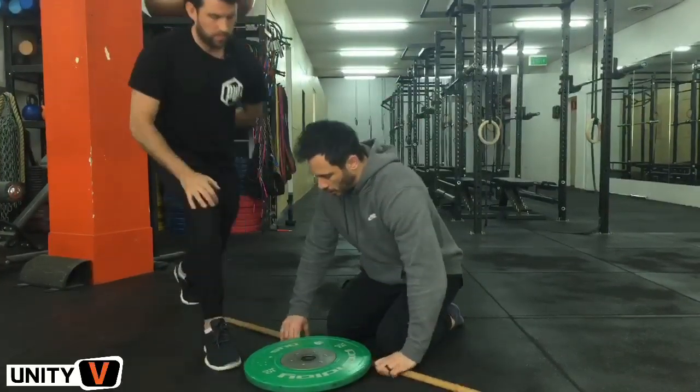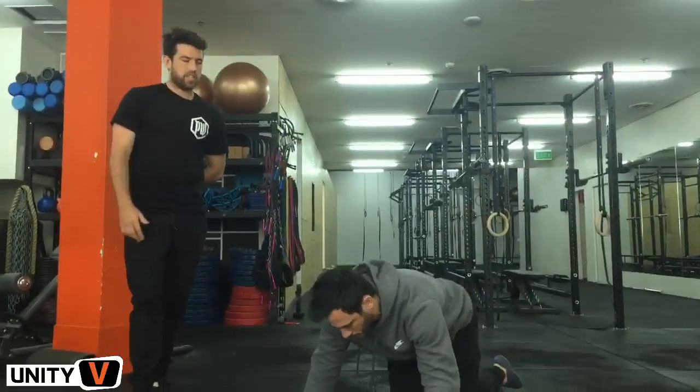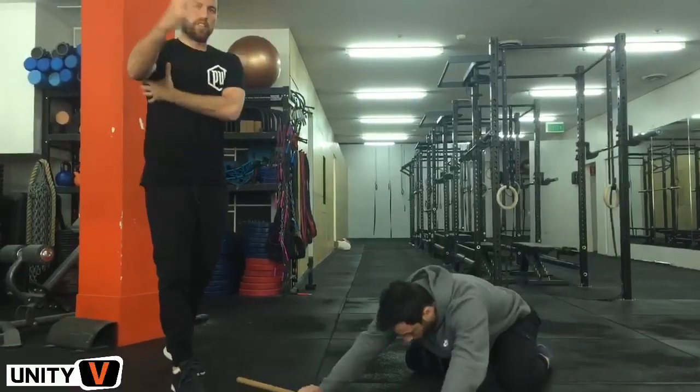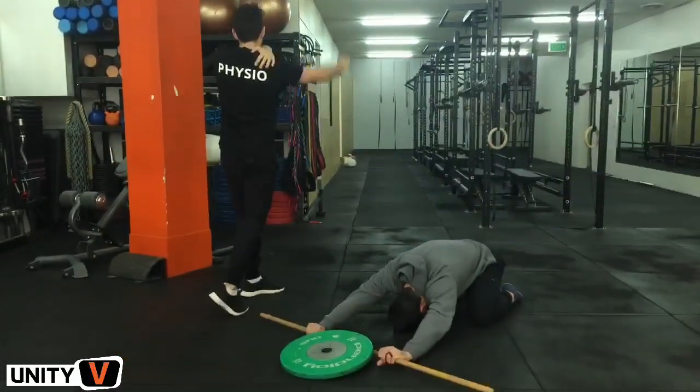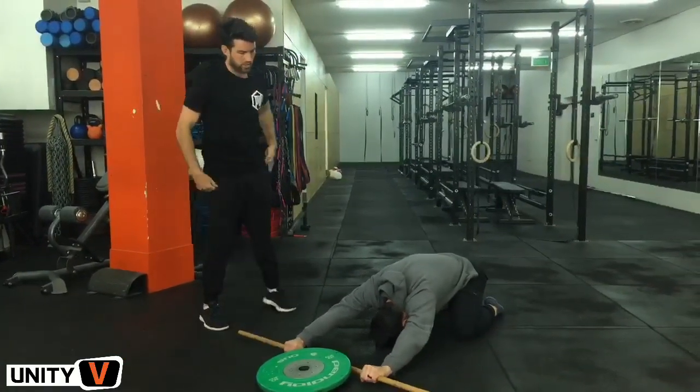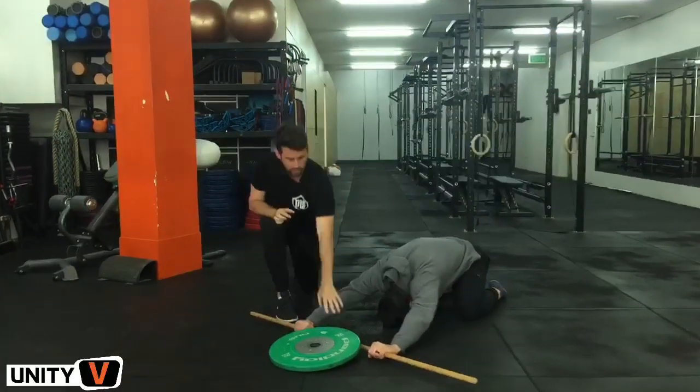Yeah. So I'll go down and feel if you just talk. Yeah, so Rad's going to get into the position here first. So again, we've stretched out the things that are going to be limiting that overhead, and now we want to build up the strength of the muscles that are going to hold us up into that position and pull us up into that position. So what Rad's doing here is he's got the weight plate on the dowel rod there